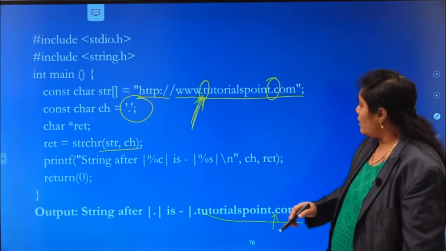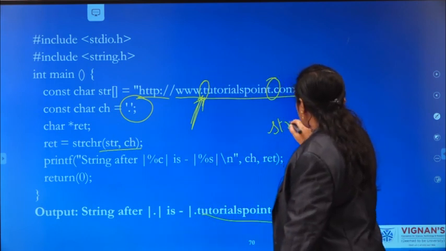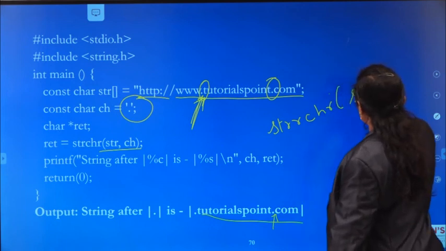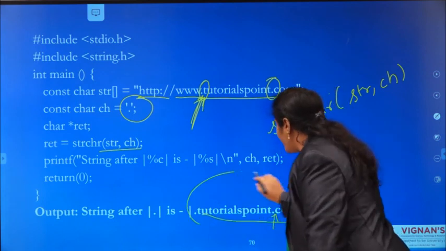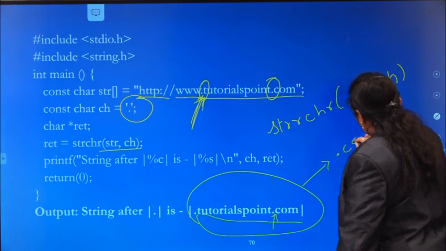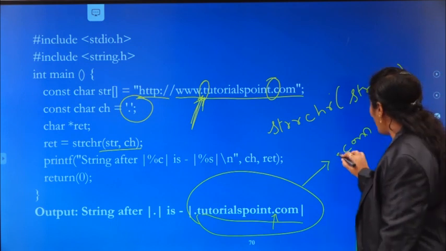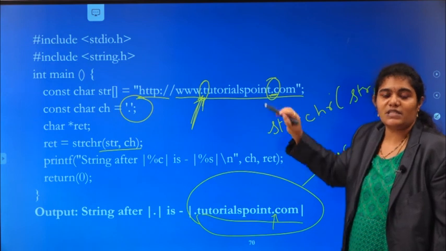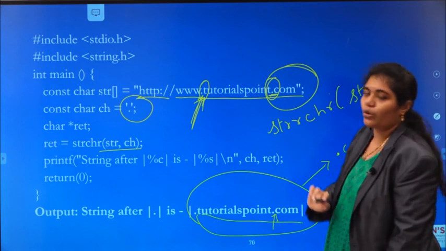See here, if you use strrchr with str comma ch, then what is the output you will get? Instead of .tutorialspoint.com, you will get only .com, because it is the last occurrence in your given string. So you will get this output only.